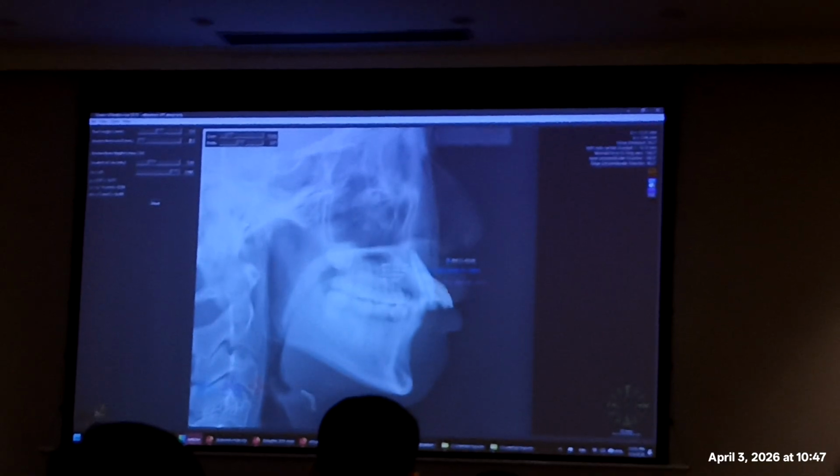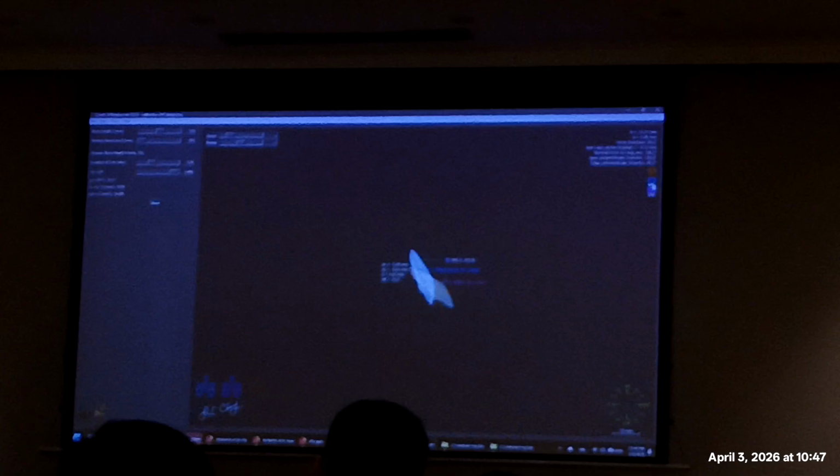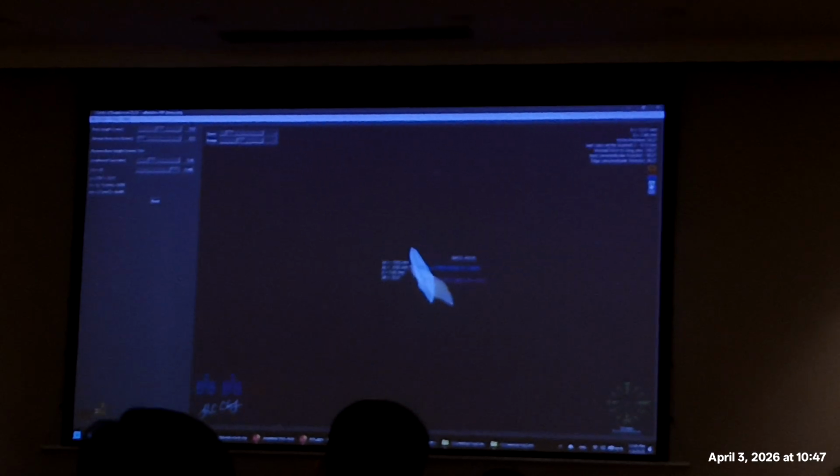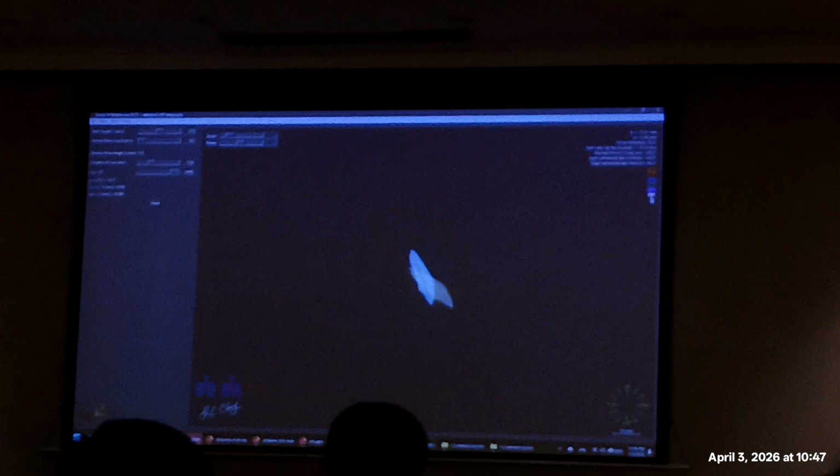Okay. I'll hide the image. Okay. And if you click the green over here, the bisector lines will be hidden. If you click purple here, the long axis of the tooth will be hidden. The gray color is the numbers. If you don't want to see the numbers, you can click here. And if you don't want to see anything else, you can click the black button over here. It hides everything. And sometimes, if you don't want to see the tooth, because it's superimposed and makes you confused,